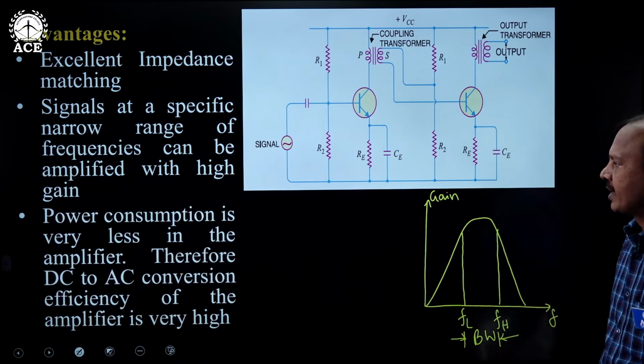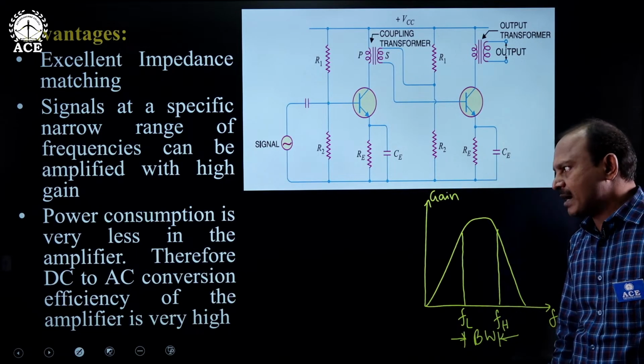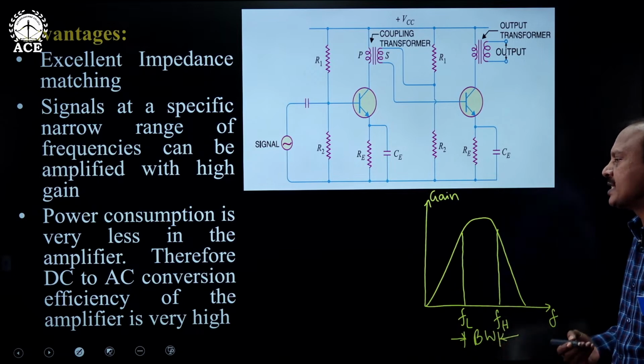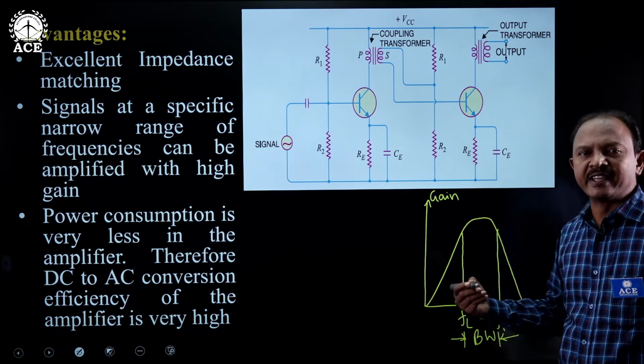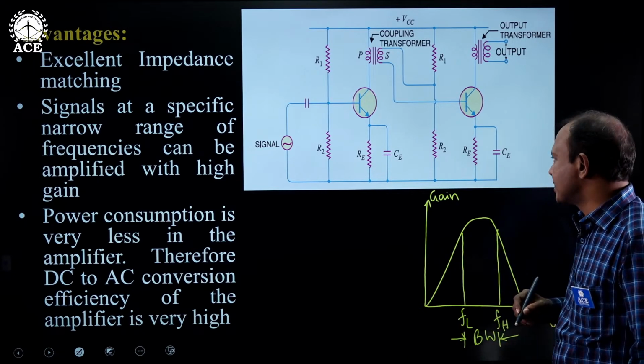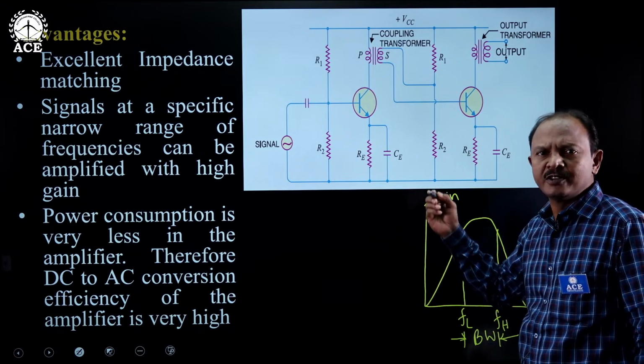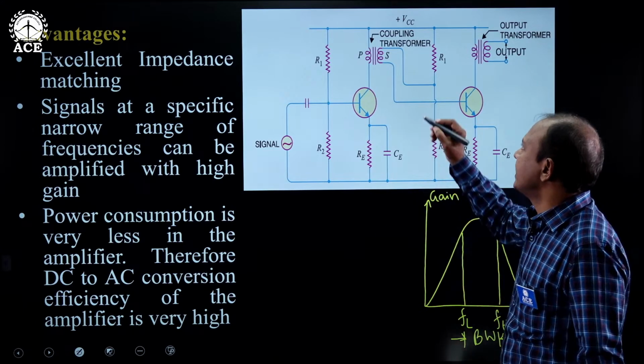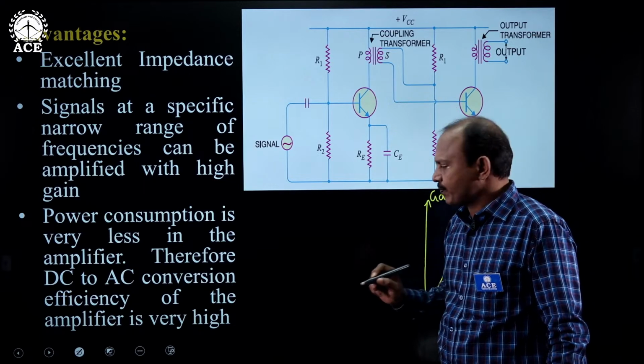Next, power consumption is very less in the amplifier, therefore the DC to AC conversion efficiency of the amplifier is very high. Let us try to understand this. This is one of the very important advantages of transformer coupling. See, in conventional amplifiers,